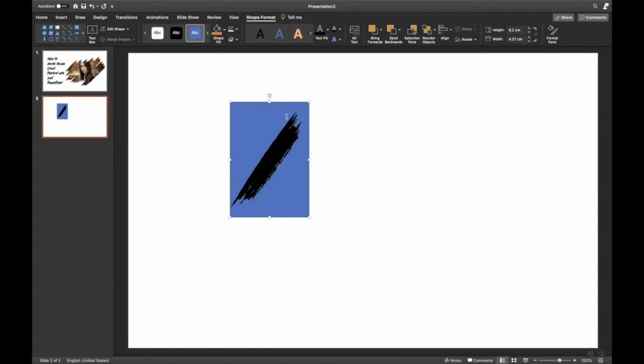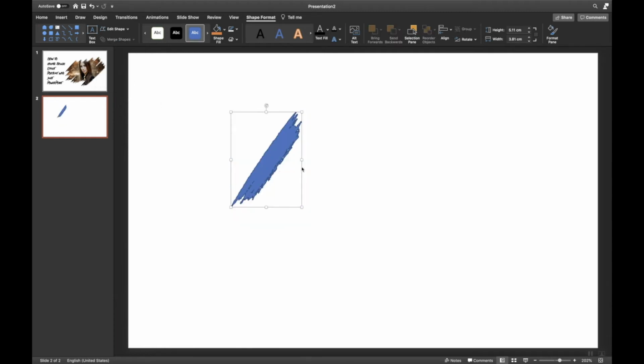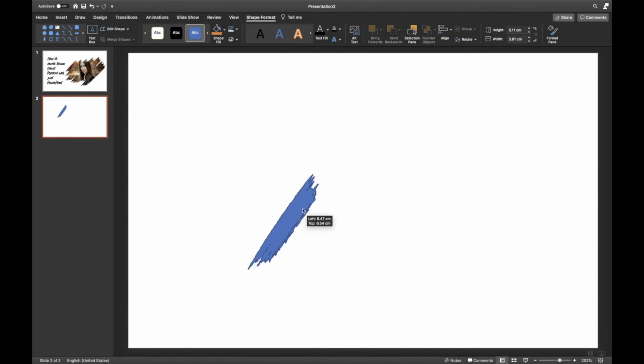Once this step is done, you just need to select both the objects and here you can find Merge Shapes. With Merge Shapes, you can either combine these two objects, subtract, or intersect. For this effect, we need to intersect. This will find the common layout between these two objects. The moment I selected intersect, you see only one particular object, which is an amalgamation of a rectangle and your brush effect.